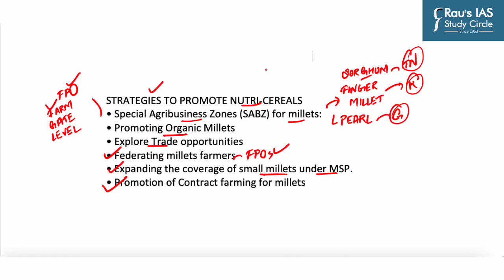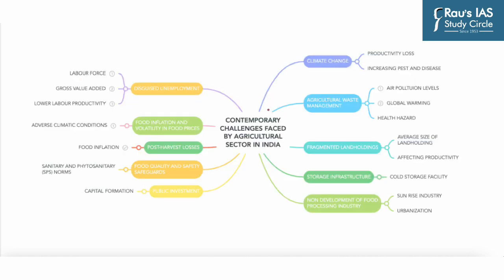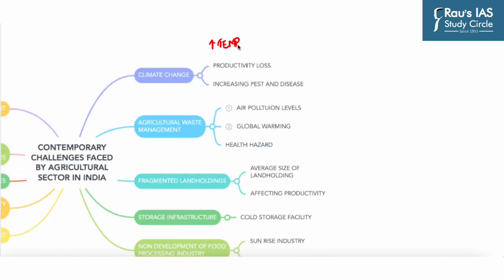Now, having discussed facets related to millets production in India, let us look into the contemporary challenges lying ahead for the agriculture sector in India. Now let's discuss major contemporary challenges faced by the agricultural sector one by one. The first is, as you know, rising temperature along with increased occurrences of extreme weather conditions have made climate change a major threat to Indian agriculture, which leads to